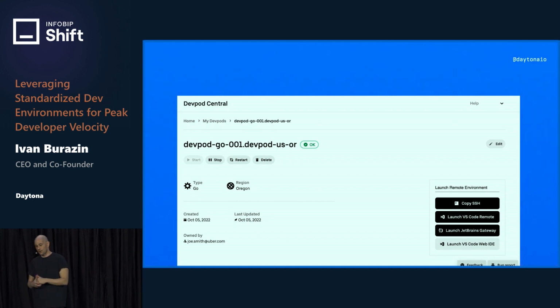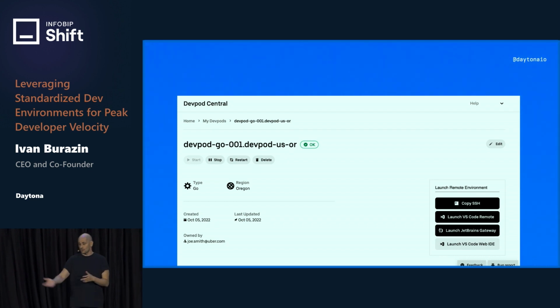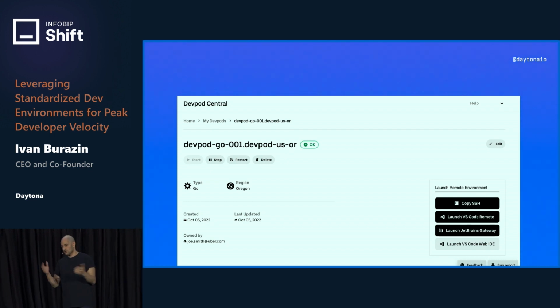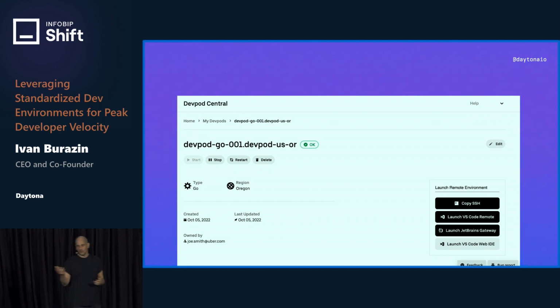So this one here is Go. You can pick the region. You pick the region that's closest to you, so it's the fastest it can be. And you can launch a development environment in a web browser. You can use your local JetBrains, your local VS Code, or you can copy the SSH token and just work